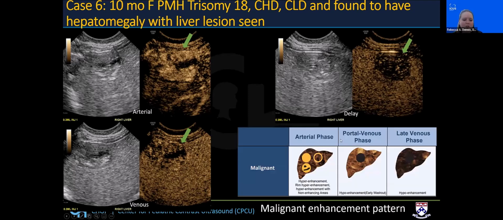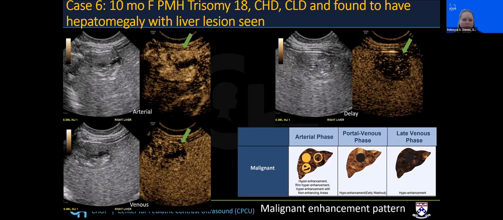So this is the most concerning finding on contrast enhanced ultrasound when you evaluate the liver. If you see anything that's hyperenhancing, whether it's hyperenhancing throughout, or in this case, heterogeneously enhancing, sometimes you might just have a little bit of peripheral enhancement. And then once it starts washing out on portal venous and late venous phase, this is concerning for malignancy and